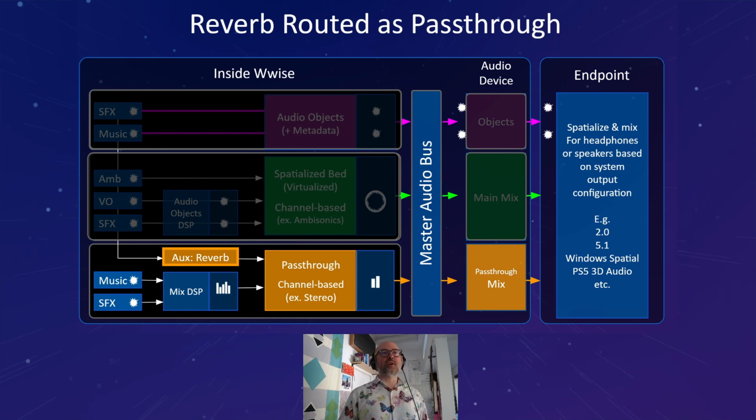Now, there may be other considerations where you want to have that reverb spatialized, and you'll have to make those creative choices. We are enabling you to do all the cool things that you can think up, but this is the scenario where reverb arrives without additional coloration or filtering by the endpoint by using the same as pass-through mix